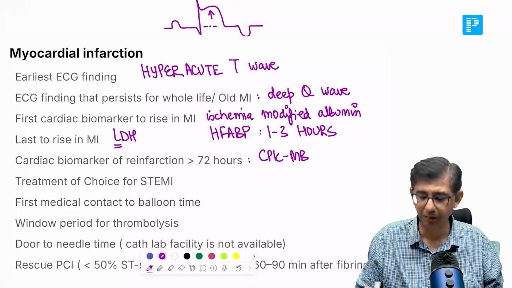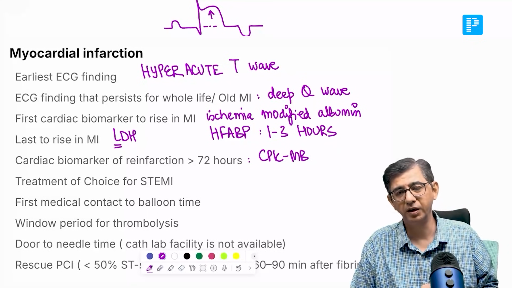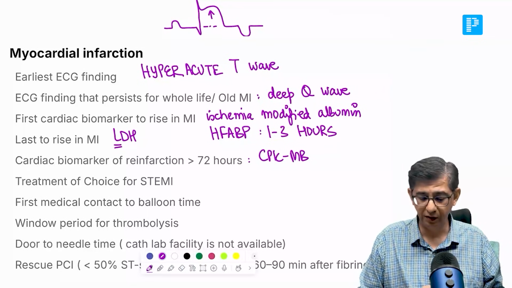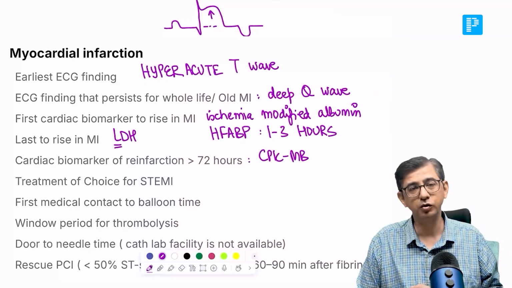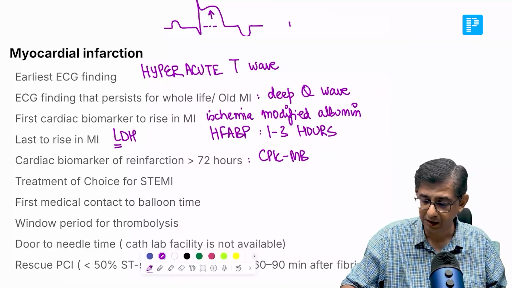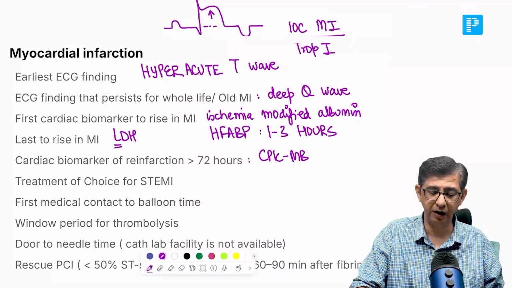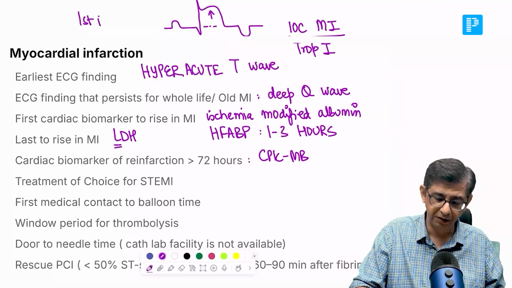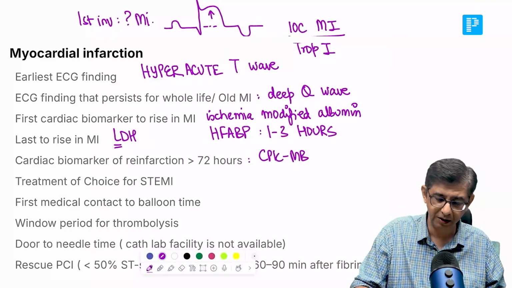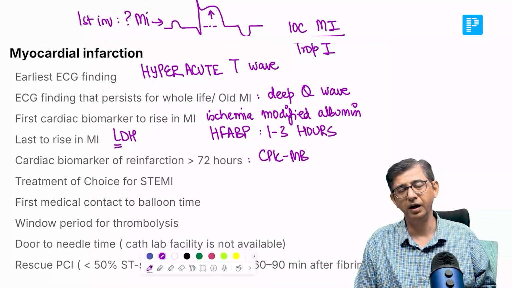Then it is CPK-MB, creatine phosphokinase myocardial band. And if he says what is the investigation of choice for diagnosis of myocardial infarction, then my answer would be troponin I or troponin T. And if he says what is the first investigation to be done in any case of MI, then the first investigation in any case of suspected myocardial infarction would be ECG, because the findings would be not only